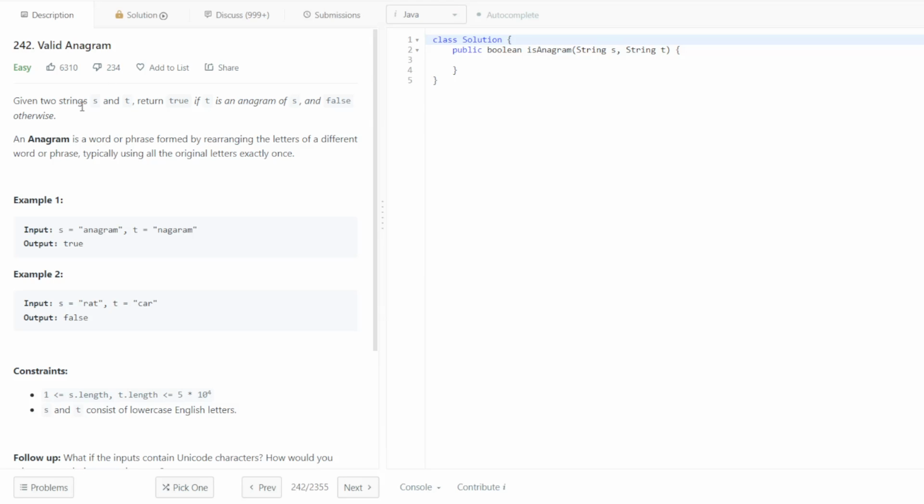Okay, so given two strings S and T, return true if T is an anagram of S and false otherwise. An anagram is a word or phrase formed by rearranging the letters of a different word or phrase, typically using all the original letters exactly once. Okay, so just so we get the order right, if T is an anagram of S,